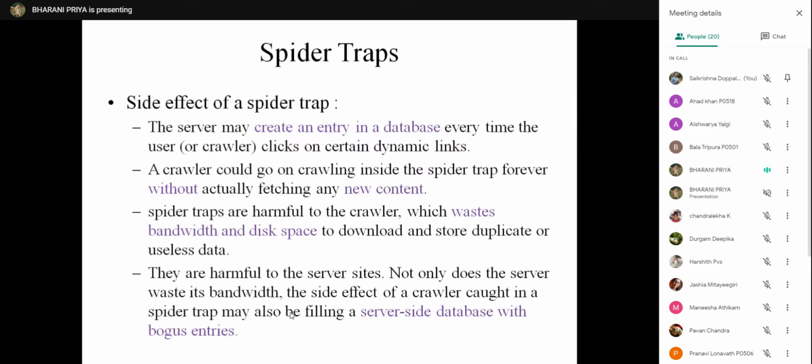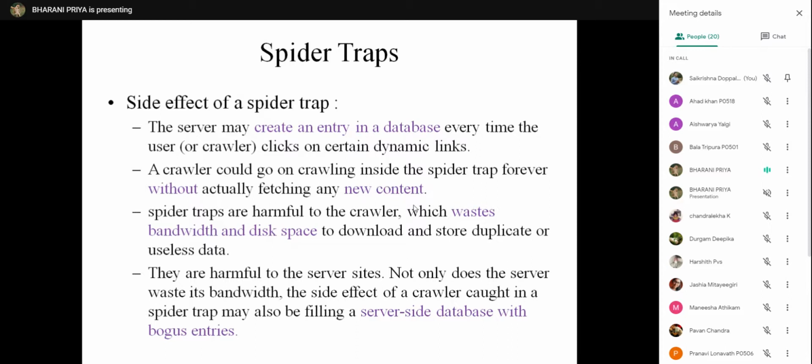It will create an entry in the database every time you click on certain dynamic links, and these entries are not necessary because they are already visited pages. Entry will be there in the databases, and again we are downloading the same page without any new content.